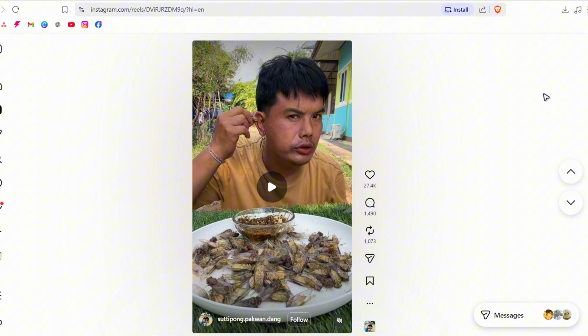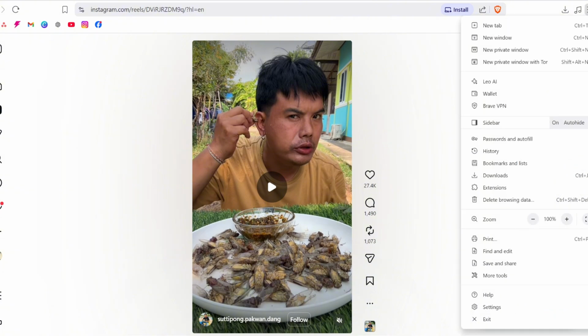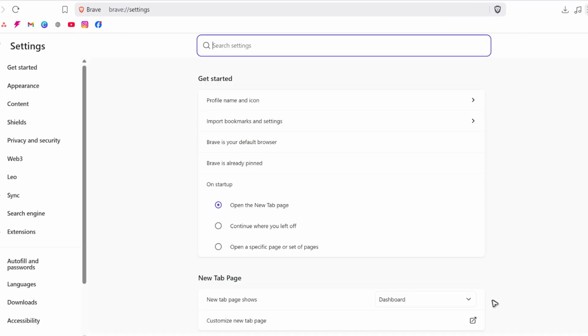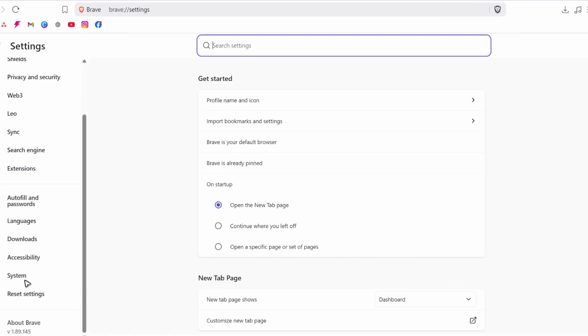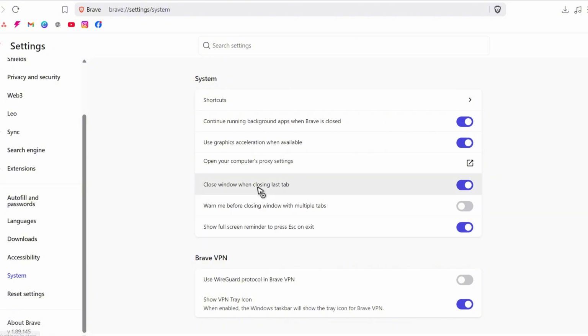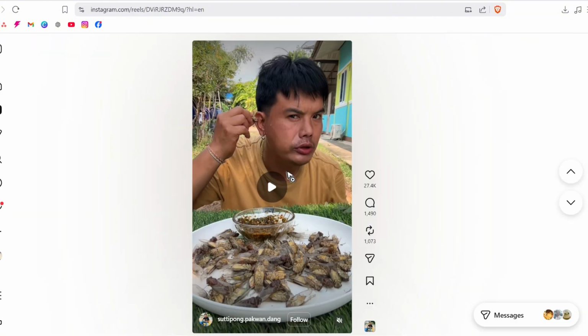Now, first option right here, tap on the three horizontal lines or three dots, depending on your browser. Go ahead over to settings right here and find the setting under system. We have here use graphic acceleration when available. Make sure that this one is enabled, and then once that's done, close the browser, reopen it, and test your